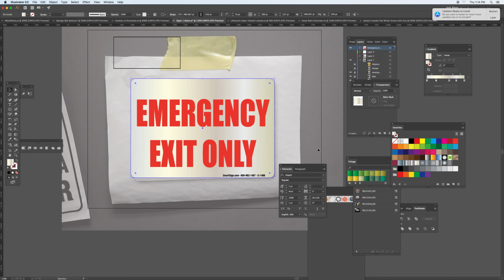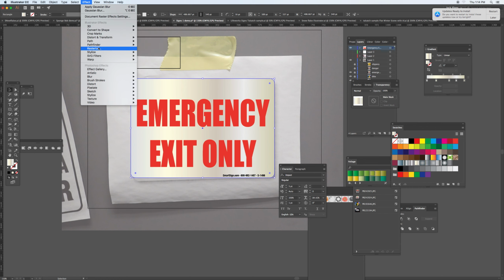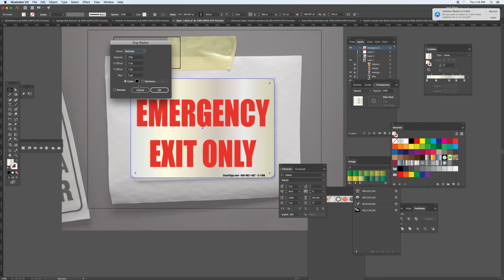This is with some coloring to it, not too bad. And while it's still there, go to Effect and Stylize, and you can put in a little bit of a drop shadow. Now keep in mind, Preview allows you to see it multiply, lets it show through. The color is there. You can change the percentage to change the coloring value from black. It's at 75%, so you could put it at 25. You just have to come out of there a little bit to show the difference of it. That's not too bad. So I click OK, and now I have this